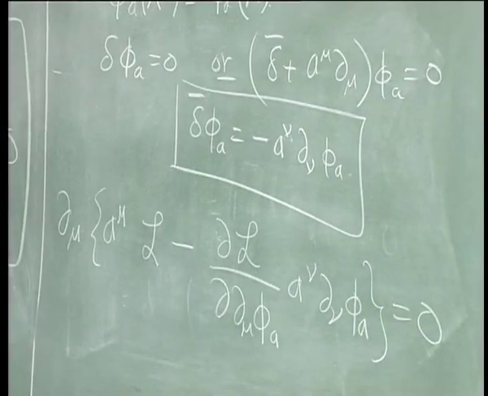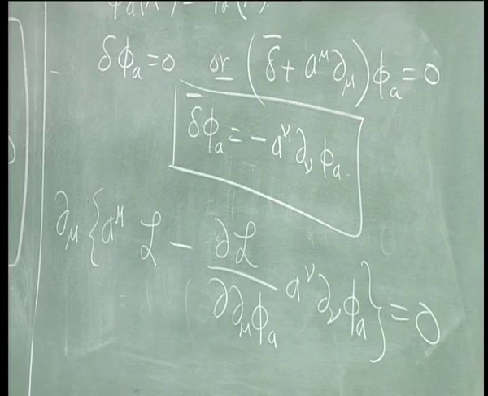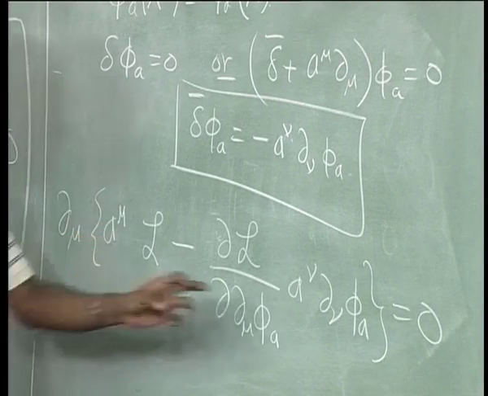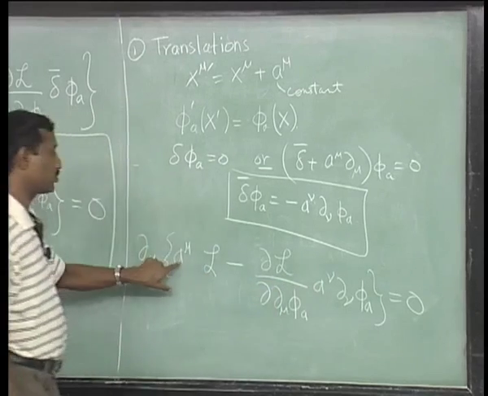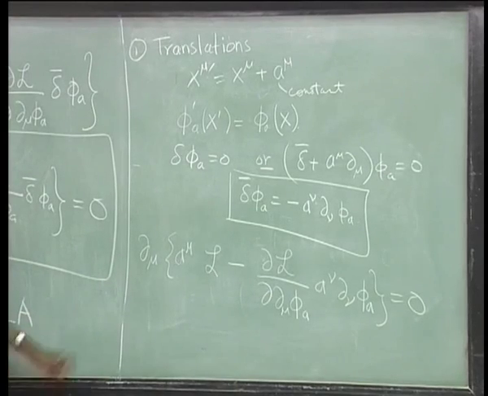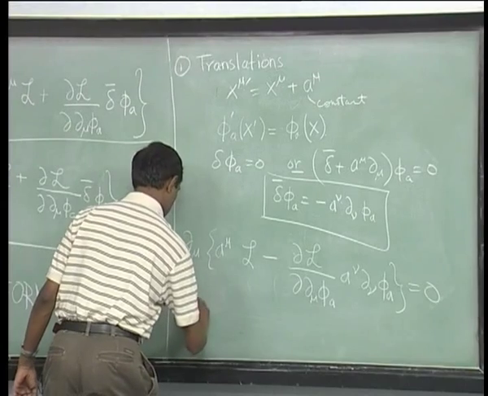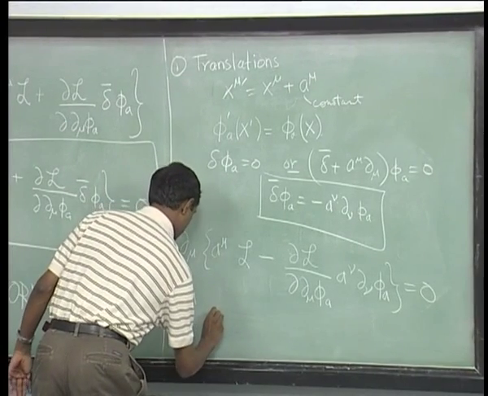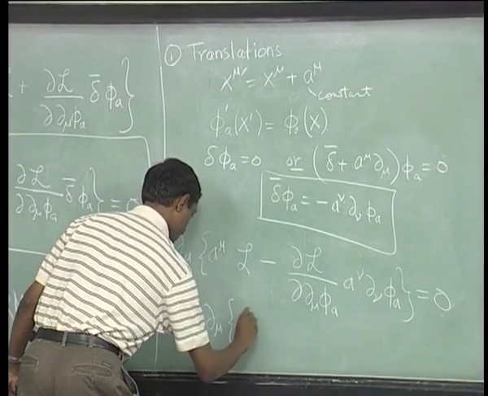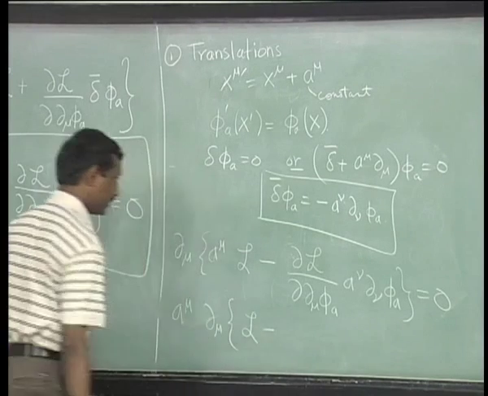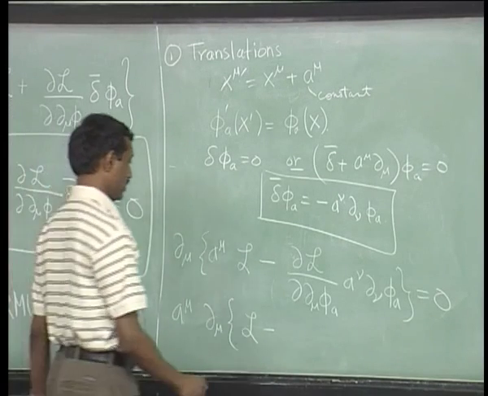So, this is what the master formula implies for this. Now, since a is a constant, I can just pull out this a mu outside. A is a constant, so it can go through the derivative. So, this is just a mu times d mu times L minus